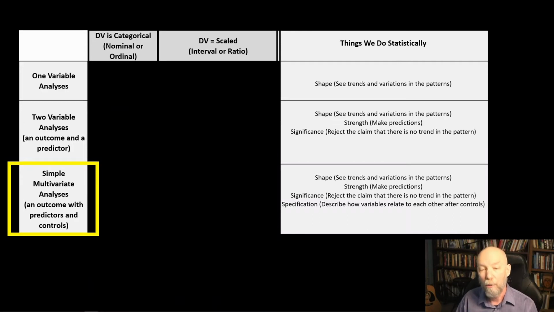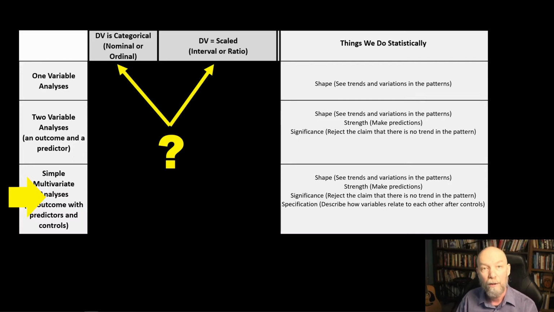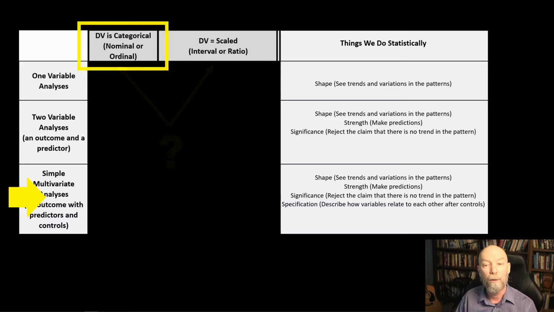Okay, so we're going to use simple multivariate analysis, which means that anything that we're going to do, any tool that we're going to try to use statistically, has to fall in that row. And then in the framework, we ask ourselves, is the dependent variable, in this example, it's the person's view of spending on national defense, too little, the right amount, or too much. Is that nominal or ordinal, which would make it a categorical dependent variable, or is it interval or ratio, which would make it a scaled dependent variable? Well, as has been shown in previous videos, it's ordinal, and so we're going to have to choose our tool